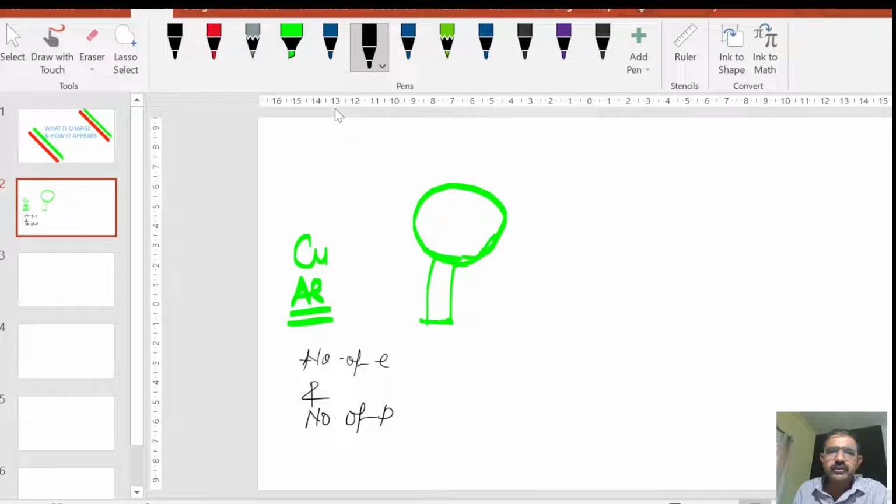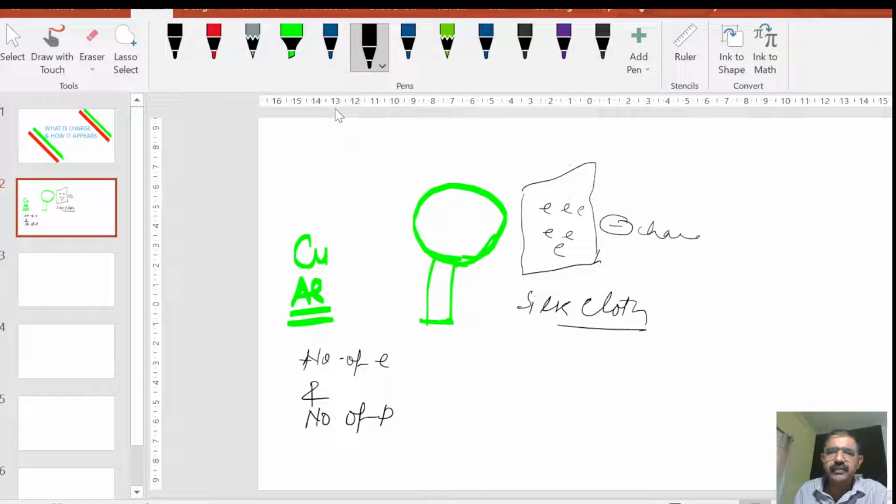If I rub it across a silk cloth, indirectly I say, suppose this is the silk cloth, and if I rub this metallic sphere with the silk cloth, if I rub both of these, then what happens? Few electrons from the surface of this sphere will jump to this silk cloth. So if electrons jump to the silk cloth, then what happens? Basically this silk cloth will get negatively charged, and this metallic sphere will get positively charged.